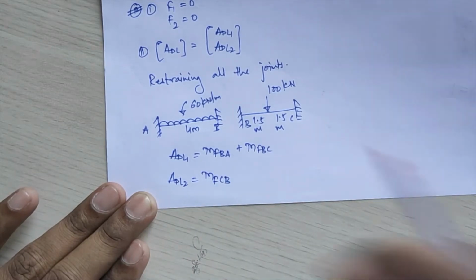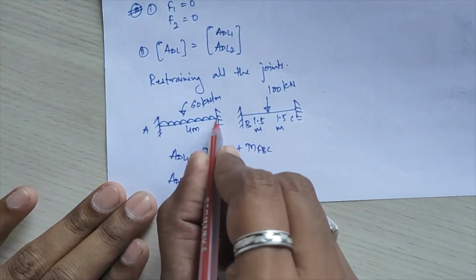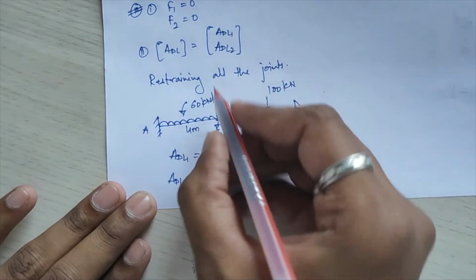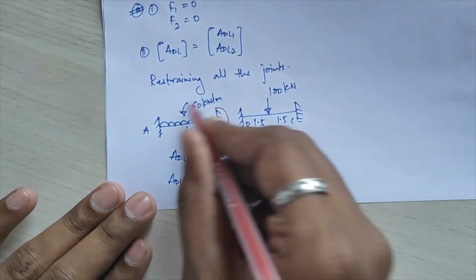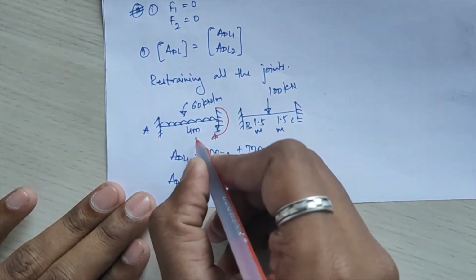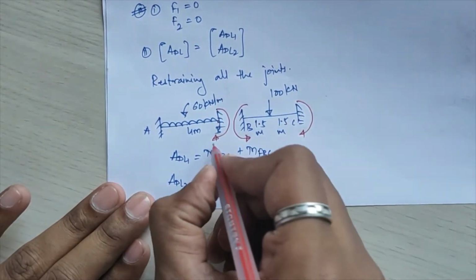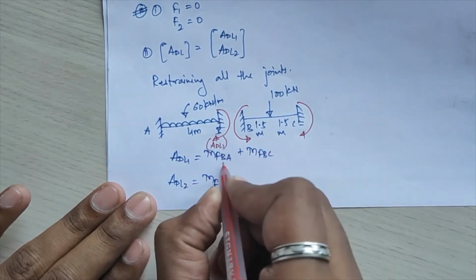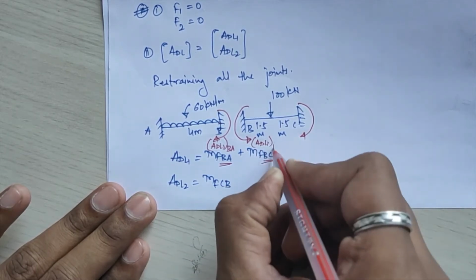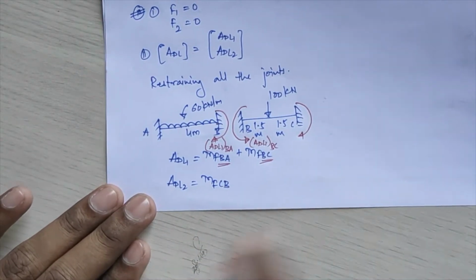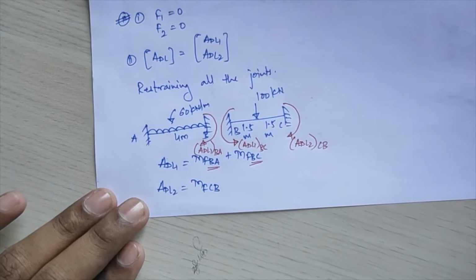Or instead, I'll mark over here that at this point I'll have the ADL1 value. Now, if you calculate MFBA, that will be clockwise, right? Restoring moment we have to see for this. So along this point there will be an anti-clockwise moment, and the restoring moment will be clockwise. Same way here you will have a clockwise moment, and here again an anti-clockwise. So this will be your ADL1 for your first member BA, this will again be ADL1 but for BC, and this one will be your ADL2 for the CB value.